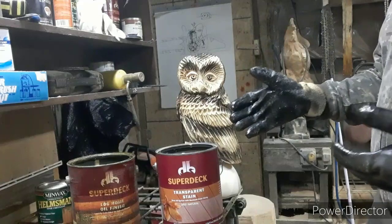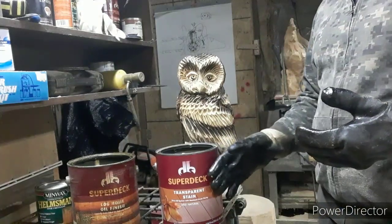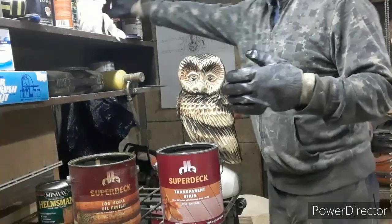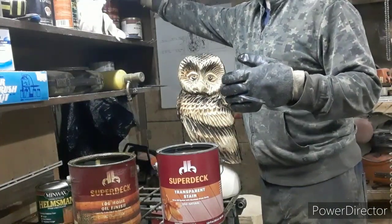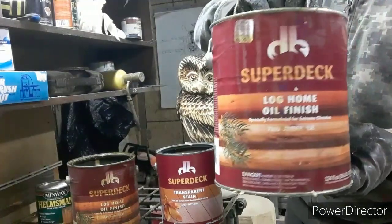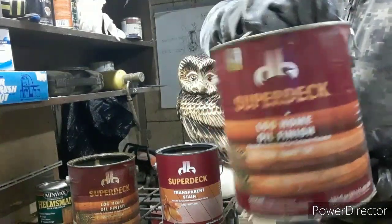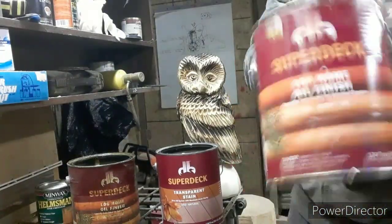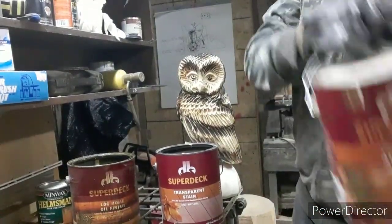I will at some point start using this with the varnish mix. Right now I have the Amber Hue Log Home Finish. This is the older stuff. I have this to finish up. Still have some in here. This is the full-on oil. I can shake that aggressively,